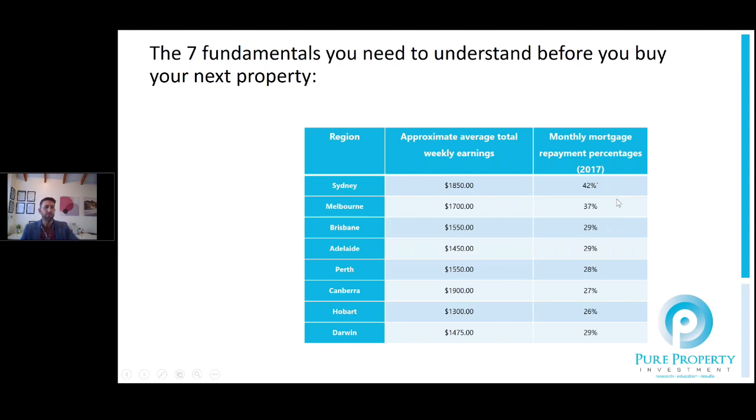So if we look at how that now plays through from the next phase and the next fundamental of what we look at when buying into markets, and what are some of the factors we need to consider. So the second part is the percentage of mortgage commitment ratios and how that affects the ability for people in those markets to pay more and essentially allow price growth to continue. And this is a good graph for me.